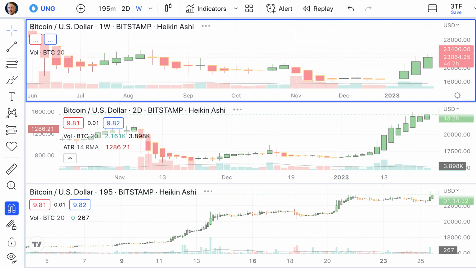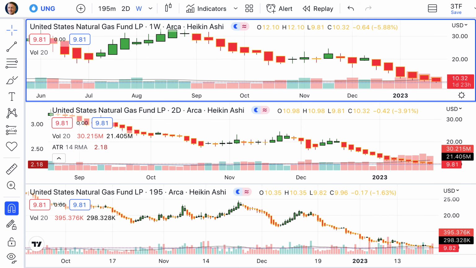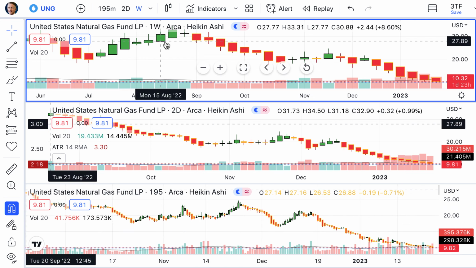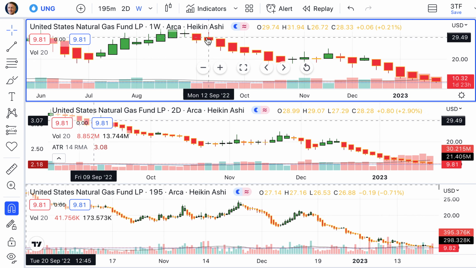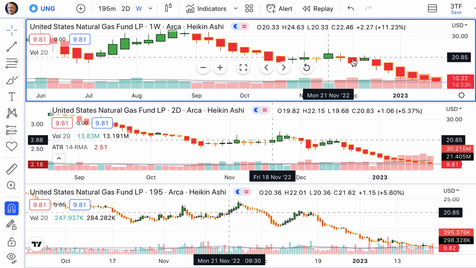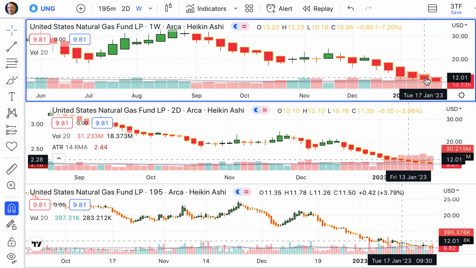Now, let's keep this same chart up. We're going to take a glance at our favorite commodities. What are they doing? Well, my friends, remember how everybody was going to be freezing to death this winter because natural gas is going to be too expensive for anybody to buy? Well, we look at the United States Natural Gas Fund, and of course it's a commodity that's traded all across the world. We look at what's happened, and again, just for the day, down